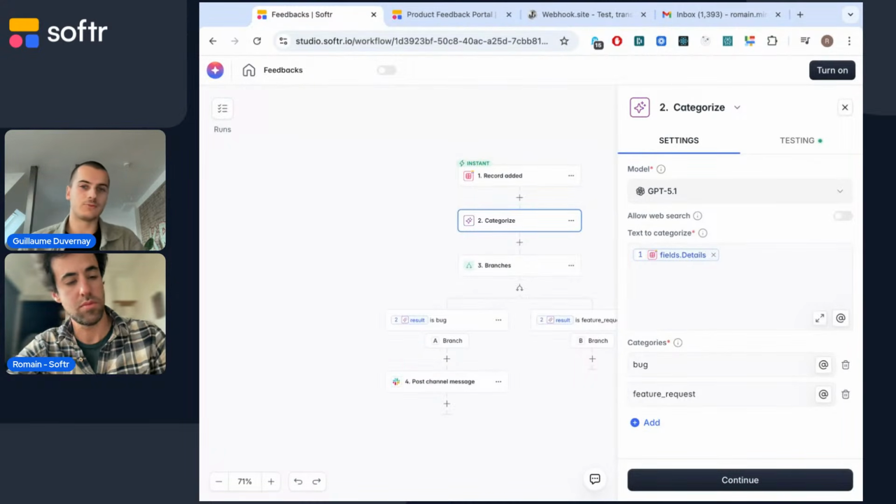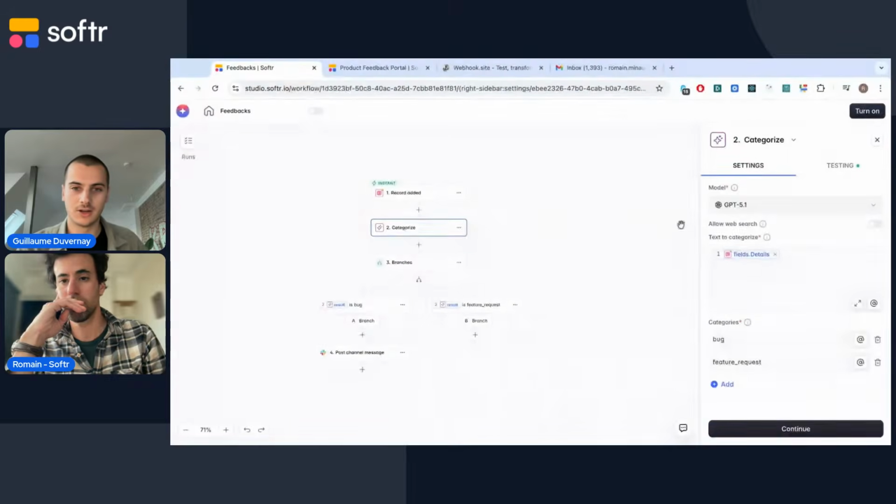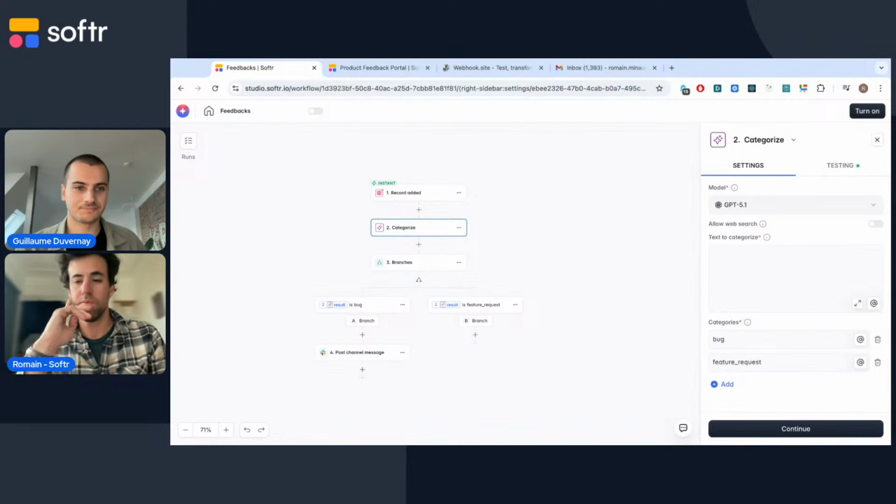Overall, what we can recommend, as a rule, is to use the smallest capable model, so you are not using the biggest model available just to do a mini categorization to know whether it's a bug or a feature request here. So that could be a good way to go about it.